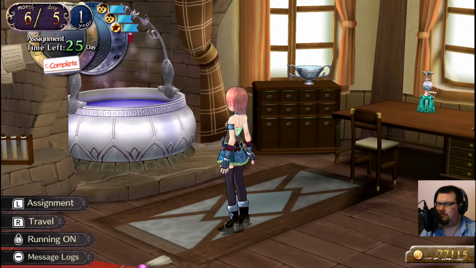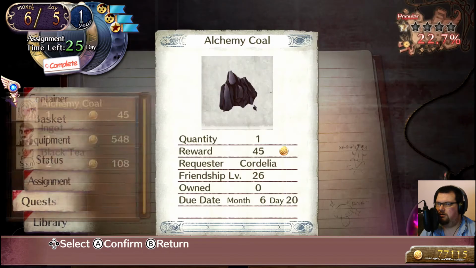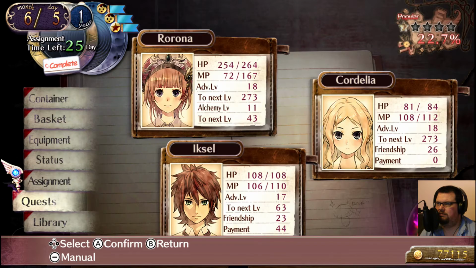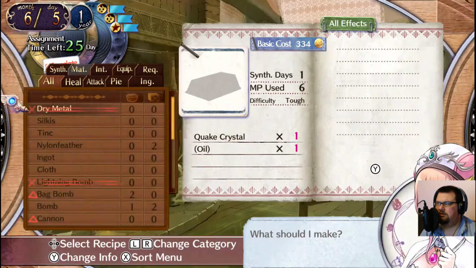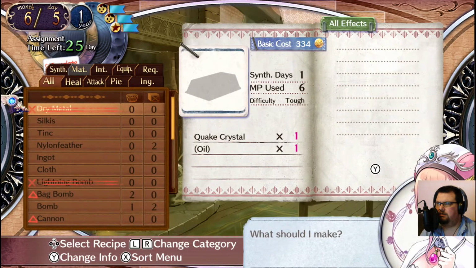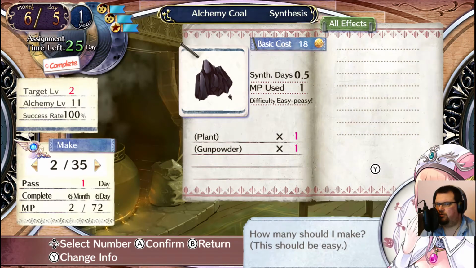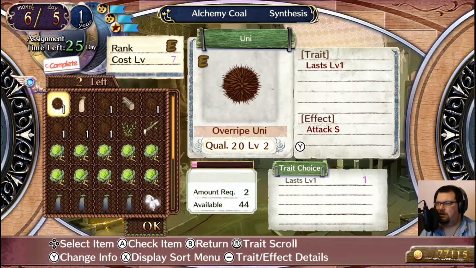And I've already forgotten what we were supposed to be making. So, 1 alchemy coal, 1 ingot, and 2 black tea. Right. Alchemy coal. Now, as usual, I will try and make the most efficient possible use of my time here. So, these take half a day to make, so I may as well make 2 of them. And then I can save the other one